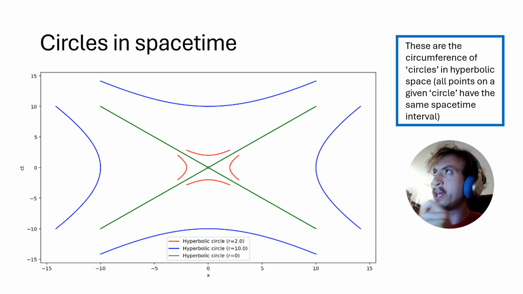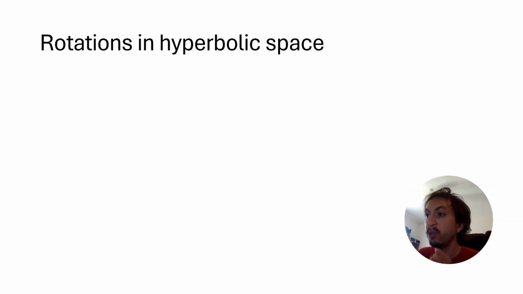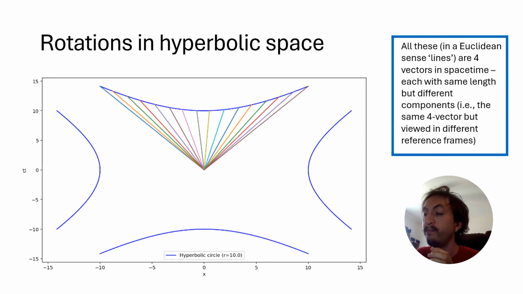And it's that which prevents, for example, sine and cosine having any periodic nature, unlike their Euclidean counterparts. So that's just a brief note about these circles. Now we're going to relate it very explicitly to rotations of a four vector. So for this, I've taken my circle with a radius of 10 from the previous slide, and I've drawn from the origin of the coordinate system a line which is representing a four vector,